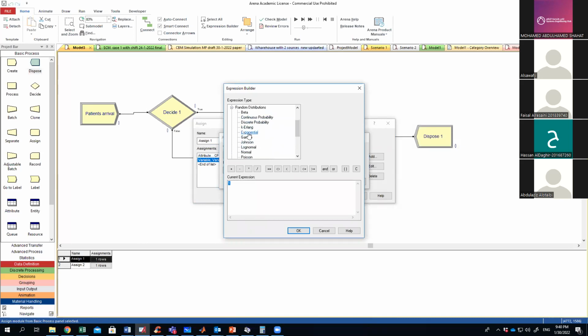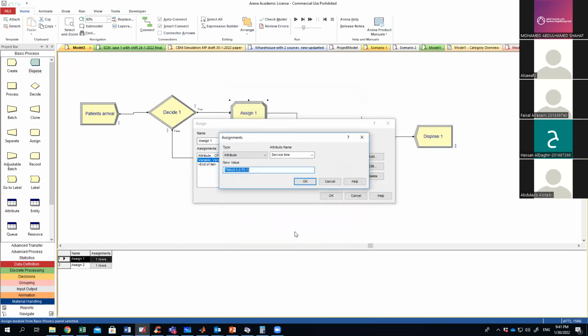Where is triangular? Here, triangular. This is how you write a triangular distribution, and this is the meaning of the parameters. So I need it as a triangular distribution. Maybe he needs 10 minutes minimum, usually 15 minutes most probably, and maybe 20 minutes maximum. Could be maybe 22 minutes. So this is the service time for